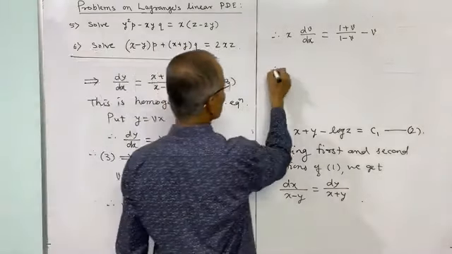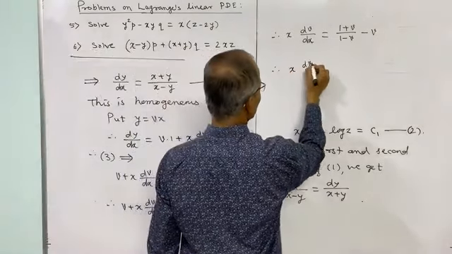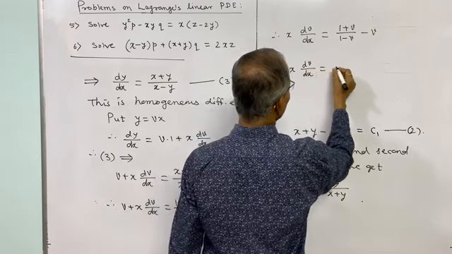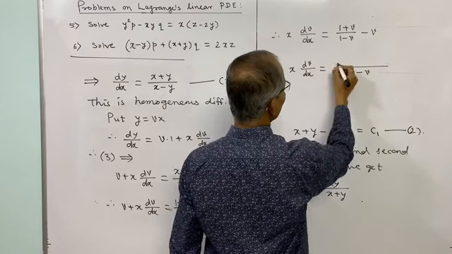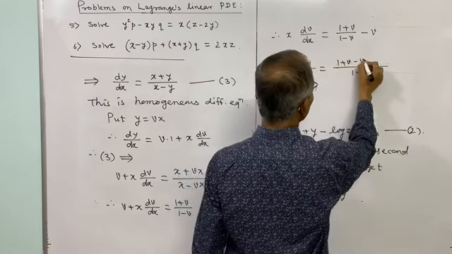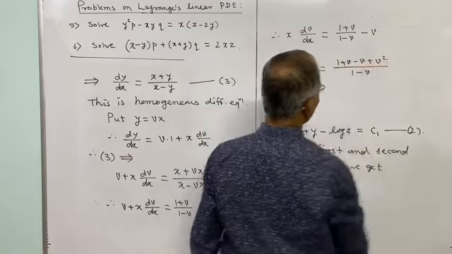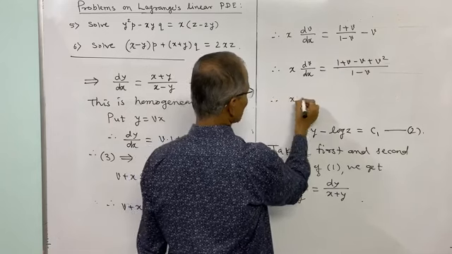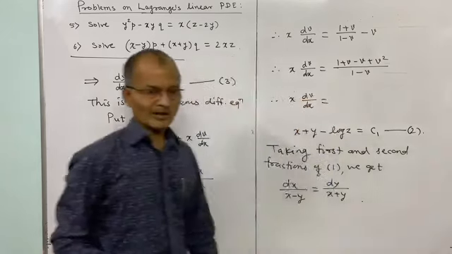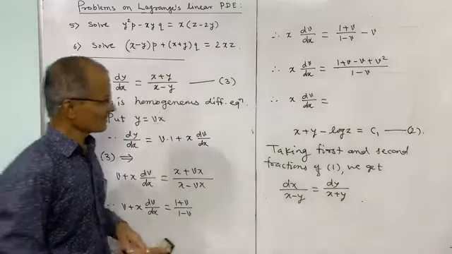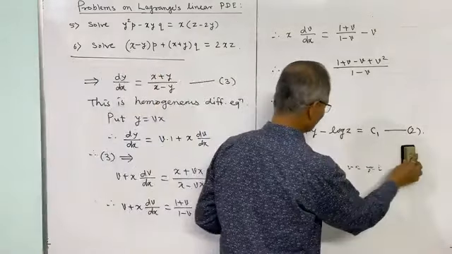And that is x into dv by dx is equal to, take the LCM as 1 minus v, and the numerator will be 1 plus v minus v plus v square, or that is x times dv by dx is equal to